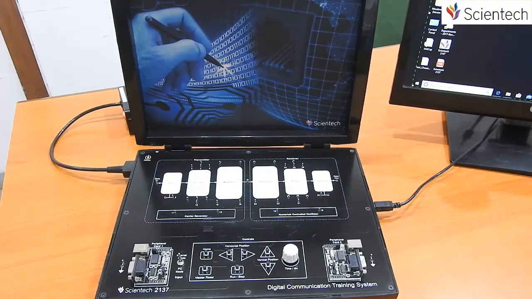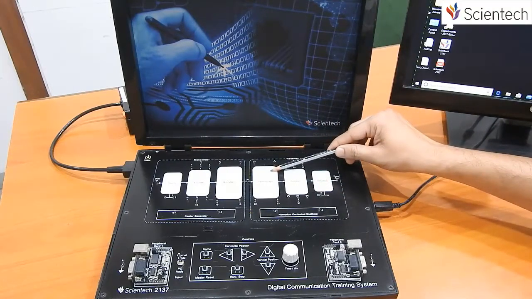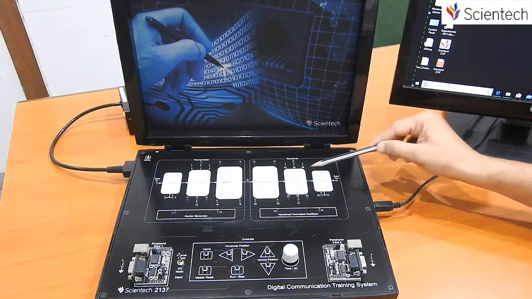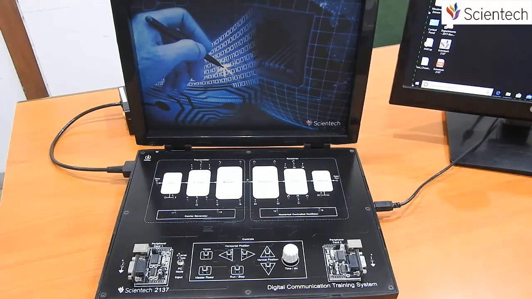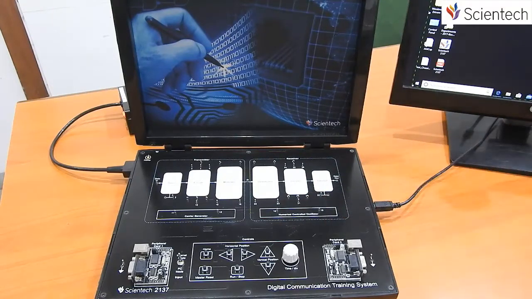At the receiver side, we have the replica, that is the demodulator section, then the decoder section, and then finally the recovered data. Again, we have a numerically controlled oscillator. Here again we have the same sine and cosine wave.